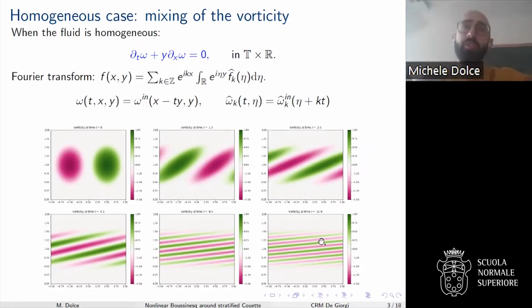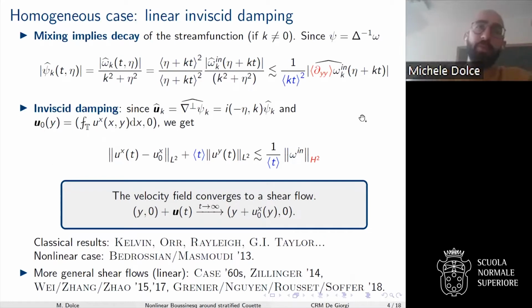When you have oscillations, you should expect to observe some sort of weak convergence to zero. This is the main thing you can understand by looking, for example, at the stream function, which is related to negative Sobolev norms of the vorticity. As we saw in the previous talk, a way of measuring mixing is through negative Sobolev norms. In this case, the computation can be made explicitly, and we obtain that indeed the stream function is decaying even mode by mode, if k is not zero. The mode k equals zero is the x-average, which is just conserved by this dynamics.